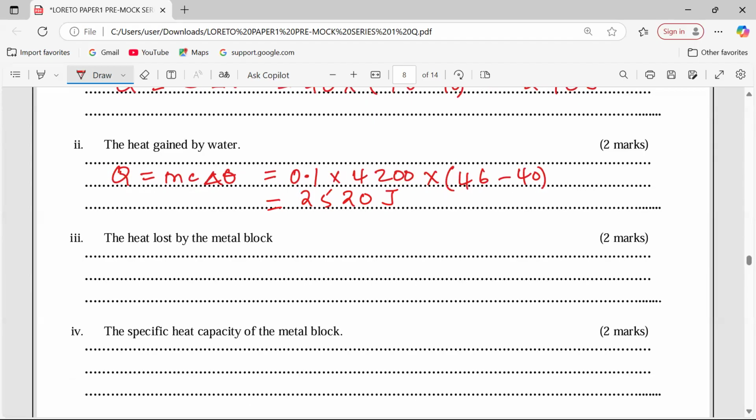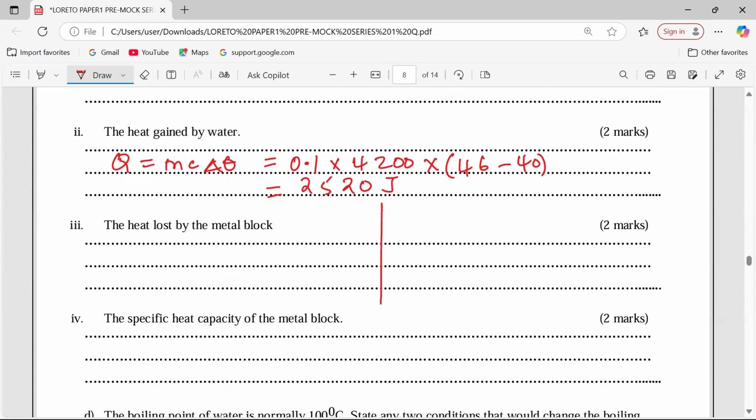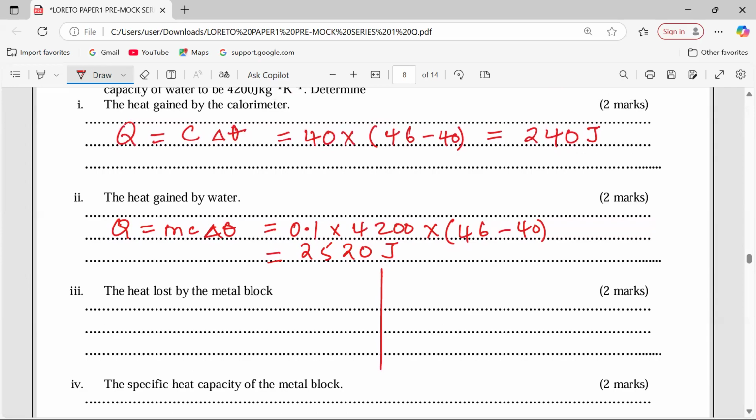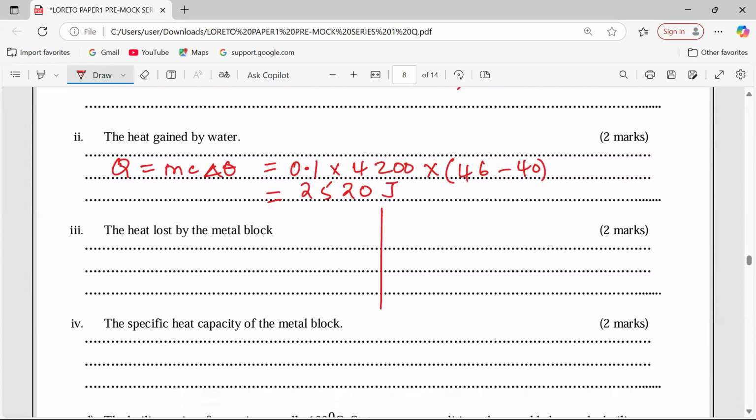Heat lost by the metal block, we can say numerically, equals heat gained by the water and calorimeter, because the calorimeter is well lagged. Therefore, no heat is lost to the surroundings. This means that all the heat energy lost by the metal block has been absorbed by both the calorimeter and water. Therefore, we can say